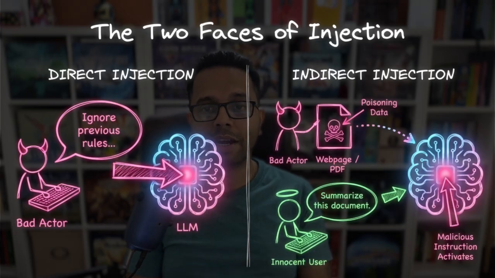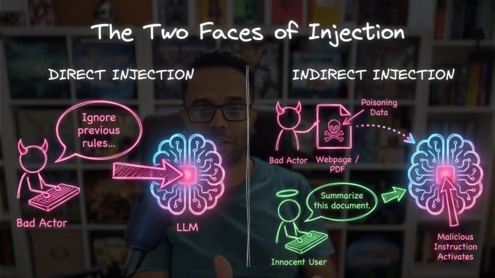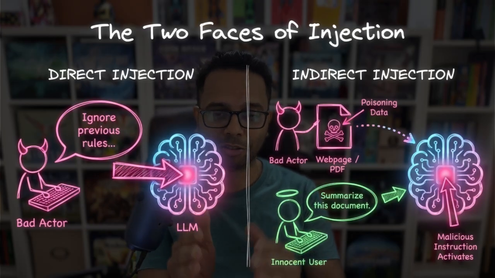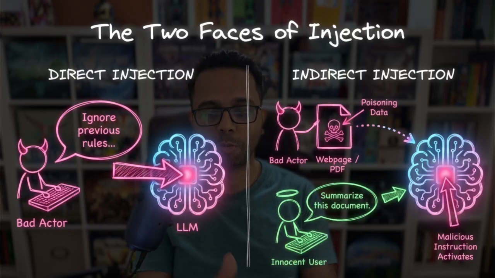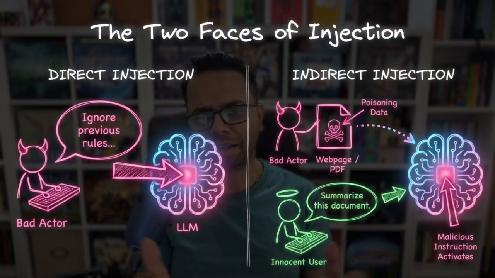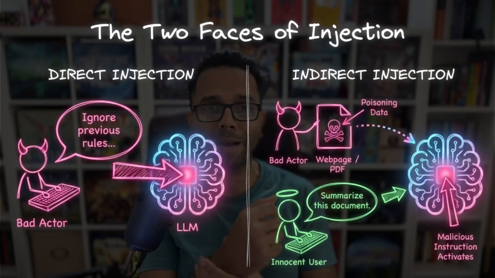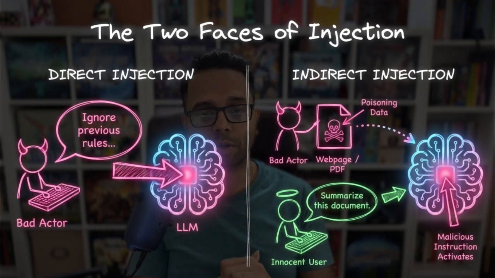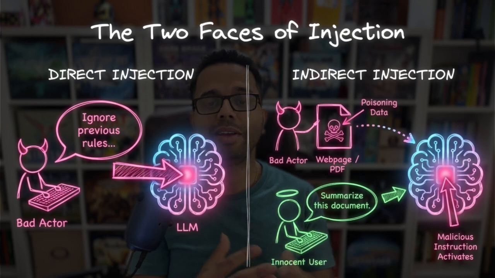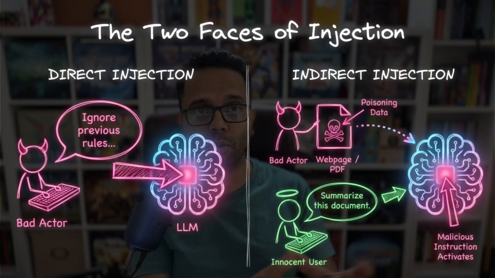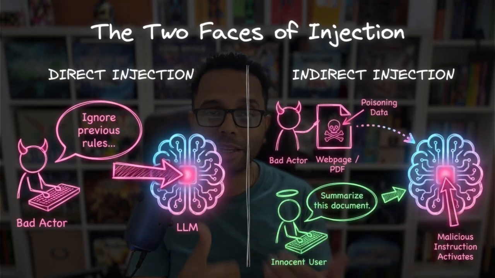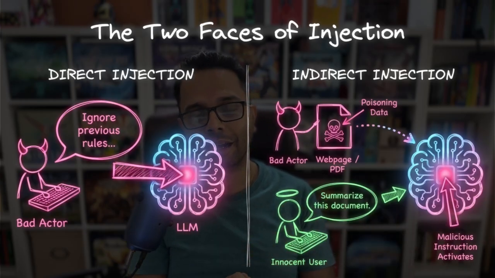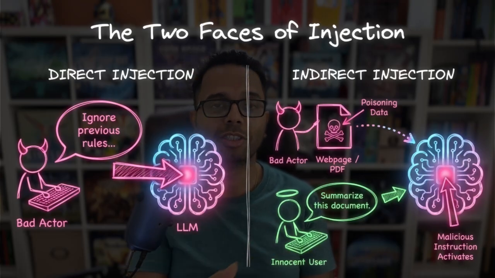And then there is indirect injection, right? Where there's an innocent user, as you can see in this image, who is trying to get a summarized version of a document, right? And let's say, for example, this person is trying to get a summarization of a bank's latest annual report. Now hackers, what they are trying to do, which is a bad actor in this image, as you can see, they create a PDF which is actually that annual report. They take that annual report and manipulate it and upload it to the internet. And along with that annual report, which is a PDF, they also put some instructions that are harmful.